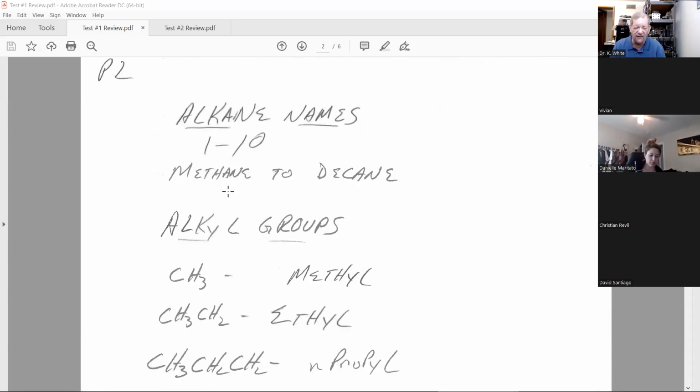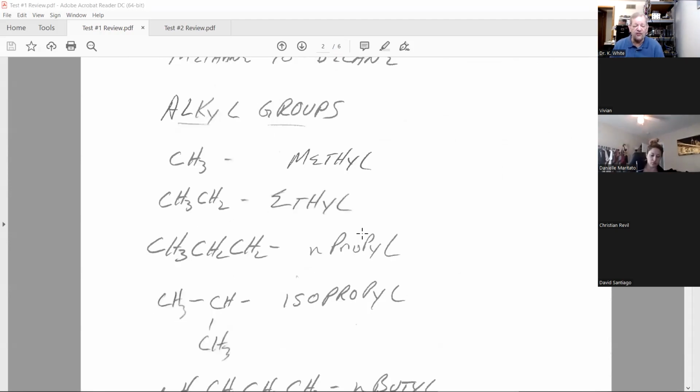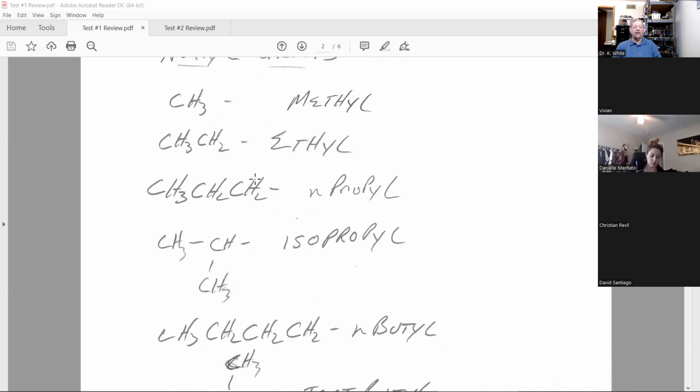We talked about the alkane names, methane through decane. Then you learned about alkyl groups, substituents: methyl, 1 carbon; ethyl, 2 carbons; n-propyl, 3 carbons to the end;